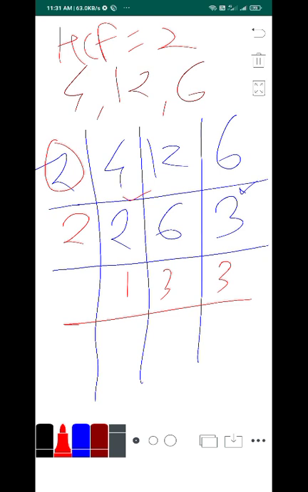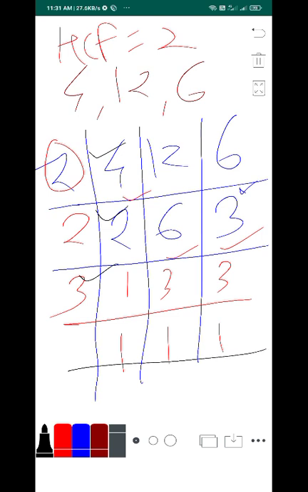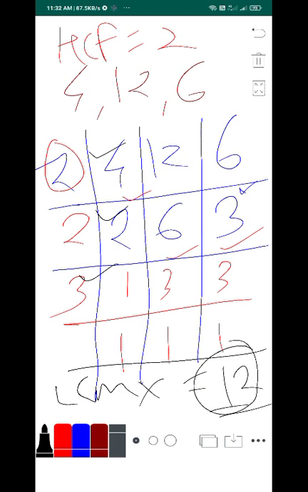When you find the LCM, you can divide any numbers. Now there are 3 common, so divide by 3. 1 remains, 3 1s are 3 and 3 1s are 3. What are the factors here? 3, 2, 2. When you write the LCM, multiply all these factors. 2 2s are 4, 4 3s are 12. 12 is the LCM. LCM means lowest common multiple.